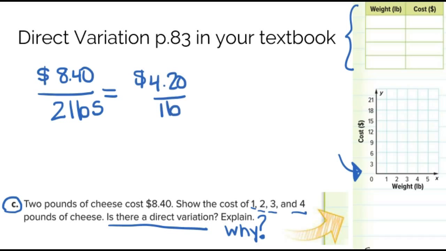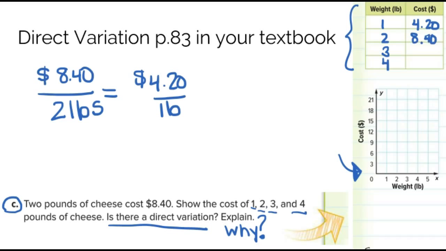Okay, so this is going to help me out when I fill out this table right here. They wanted to see how much 1, 2, 3, and 4 pounds of cheese cost. Well, we now know that 1 pound is going to cost $4.20. They gave us the cost of 2 pounds in the problem,